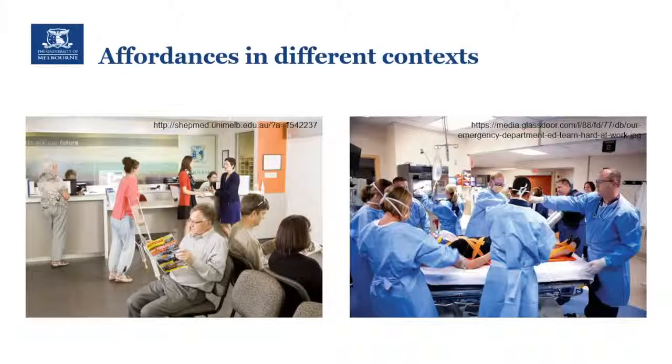If we think about the affordances or the opportunities for teaching and learning that are offered in these two settings, on the left we have a general practice in regional Victoria, a Shepparton University of Melbourne general practice setting. If we think about those elements of context, this physical setting is quite different to the setting on the